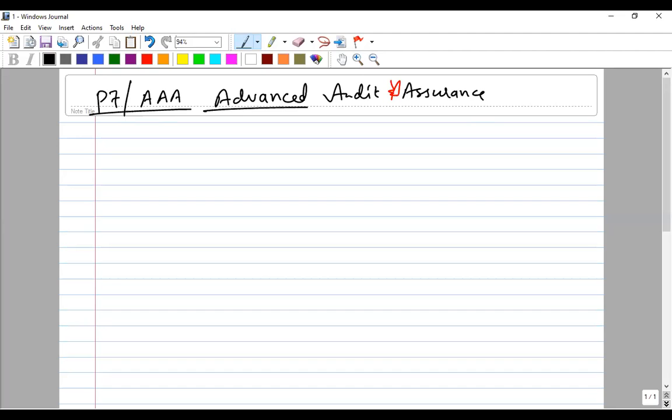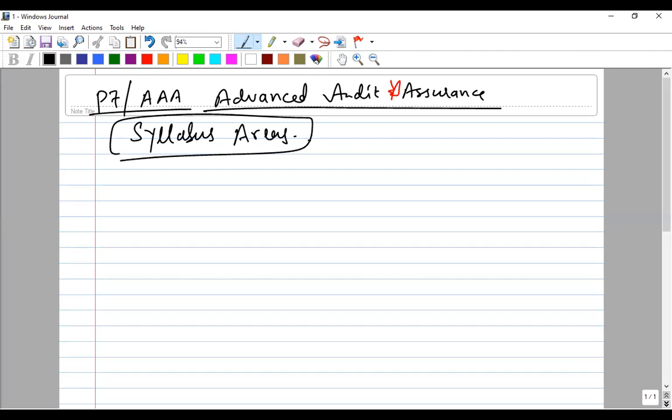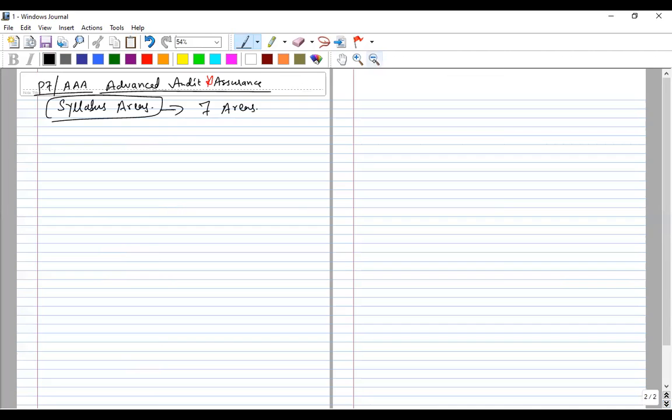Advanced Audit and Assurance. Now I am discussing the syllabus areas. Your syllabus is split into 7 areas. Now the unit number 1, which is the regulatory environment,